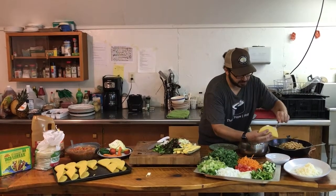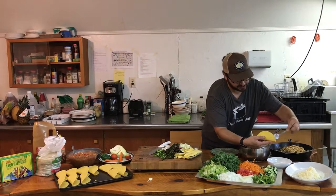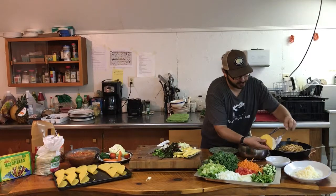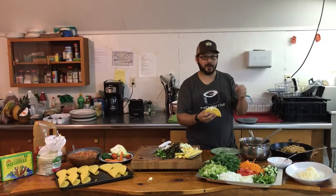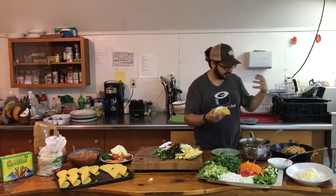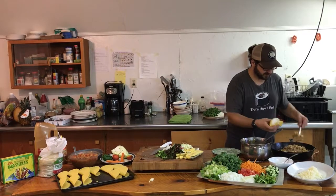If you put the sour cream on first, I like to spread it on the inside of the shell there. And that way, not only do you get sour cream with every single bite, but it'll also act like a glue. So if the shell starts to fall apart, it'll kind of hold it together. So I usually do